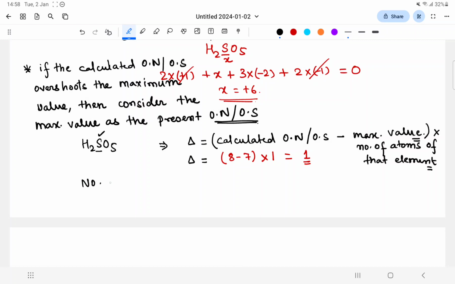Since delta has come as 1, the number of peroxide